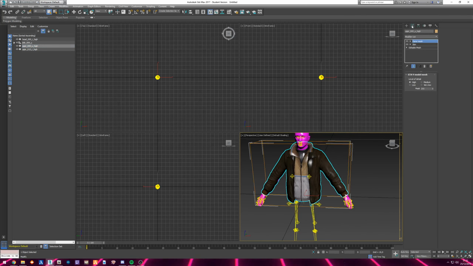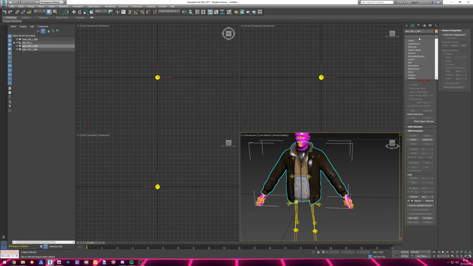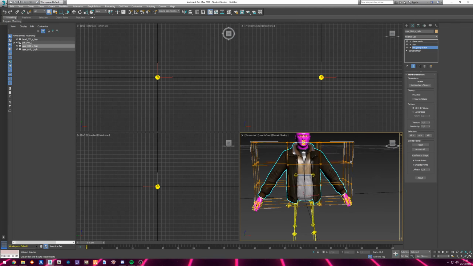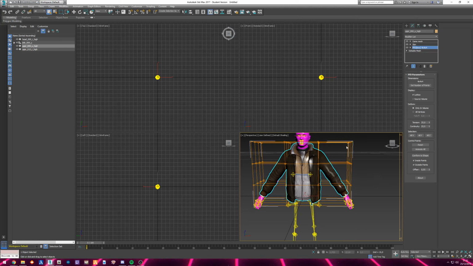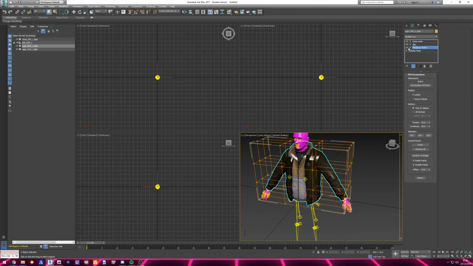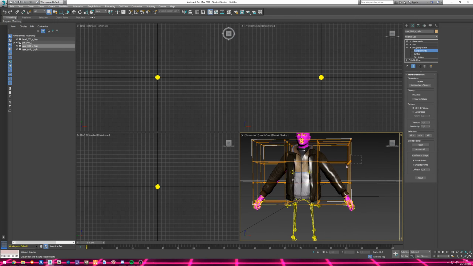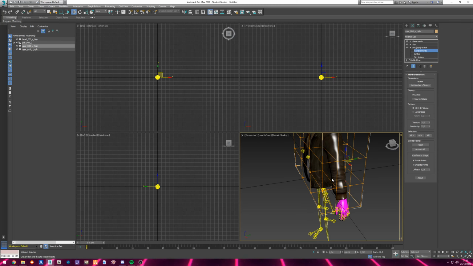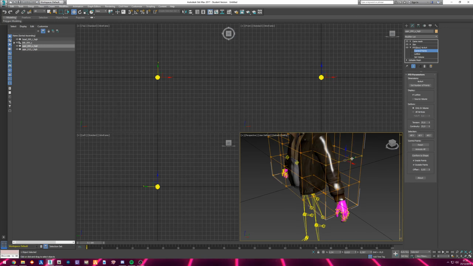So you go to your modifiers, click on editable mesh, go to modifier list, and then you select FFD, not FDD, FFD box. This will show these points. If we click on this and go to control points, what you can do is modify the mesh without having to change the individual vertex. If I select all of these and start moving, you can see that it warps the mesh